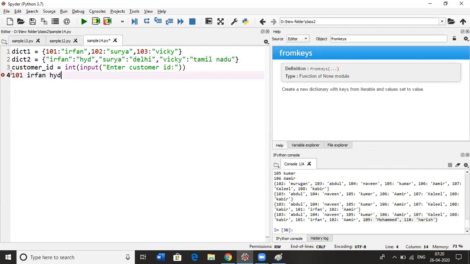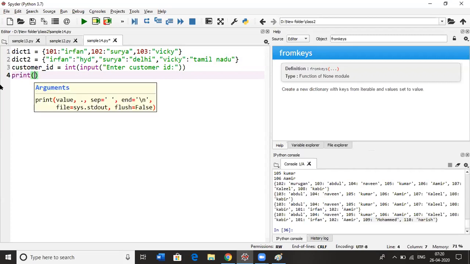Now I need to print the customer details here. Okay, how can you get it from the dictionary? We need the value here. So customer name we need. It's very easy. Customer ID, and we need to print the customer name.